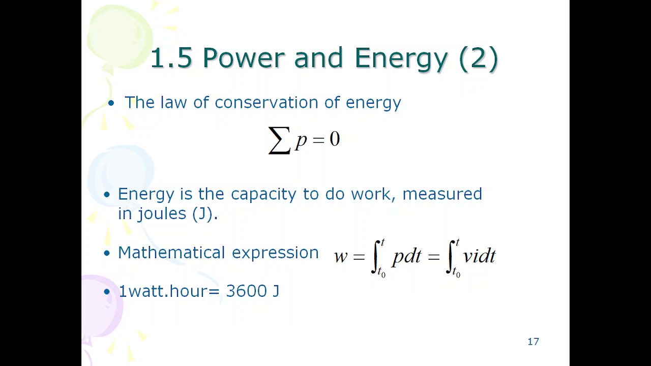It means that power supplied is equal to power absorbed. Energy is the ability of doing work, and it is measured in joule. And from the expression of power, we shift the dt from the right side to the left side, then integrating both sides, we get energy is equal to integral of p dt. If we put the value of p, which is equal to vi, into dt,